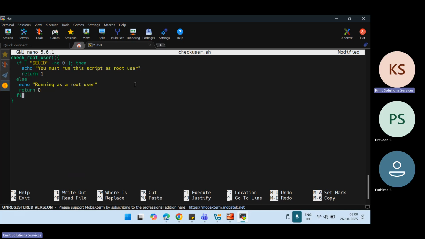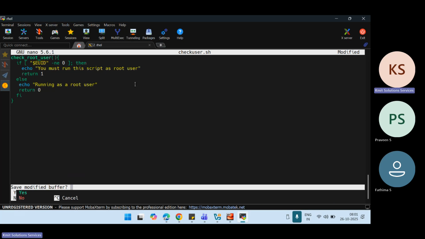So I'm returning that value. If it is 0, I will send back an exit status of 0 with the return statement. If it is non-zero, it means it is a failure, right? So I'm returning a value which is 1. Now, if I save this